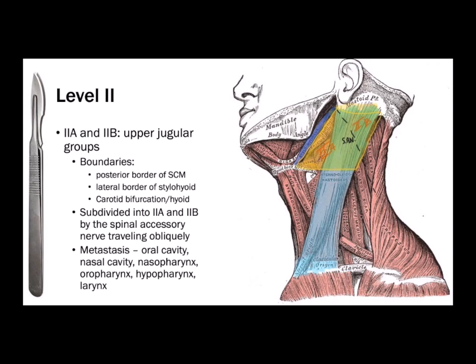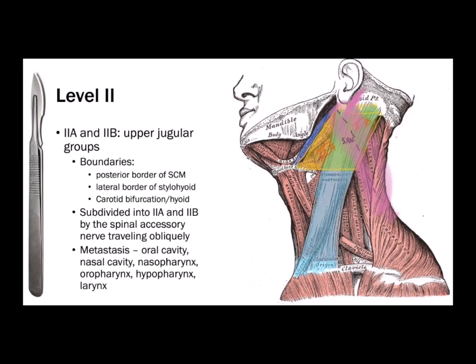So levels 2A and 2B are split by where that spinal accessory nerve travels. So that's what I drew in here with this dotted line. So remember, the spinal accessory nerve is going to come out that jugular foramen and then travel across that posterior triangle like we talked about earlier. So that's what separates that kind of rectangular area, which is all level 2, into these two little like triangular